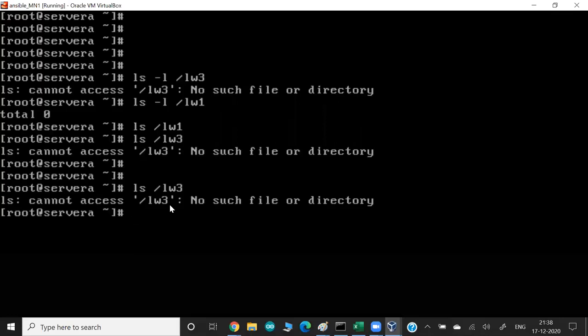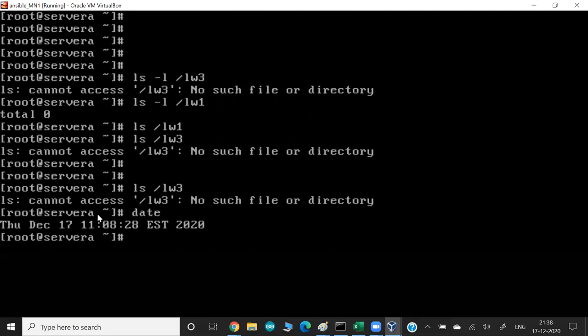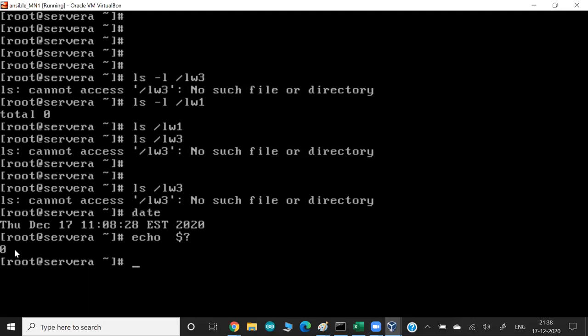The concept is that whenever you run any command, for example date, which is a command, in the Linux command prompt, if the command runs successfully, behind the scenes it sends you one code called the exit code, and you can print the exit code with this symbol. The question mark is a variable, the dollar means this is a variable, and the value of the variable is zero, meaning my exit code or return code is zero. It means the last command that I ran was successful. But if I run this command,